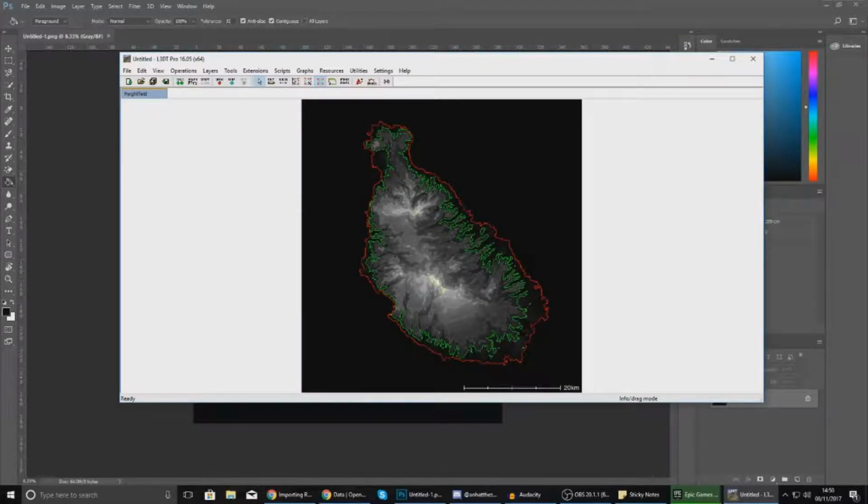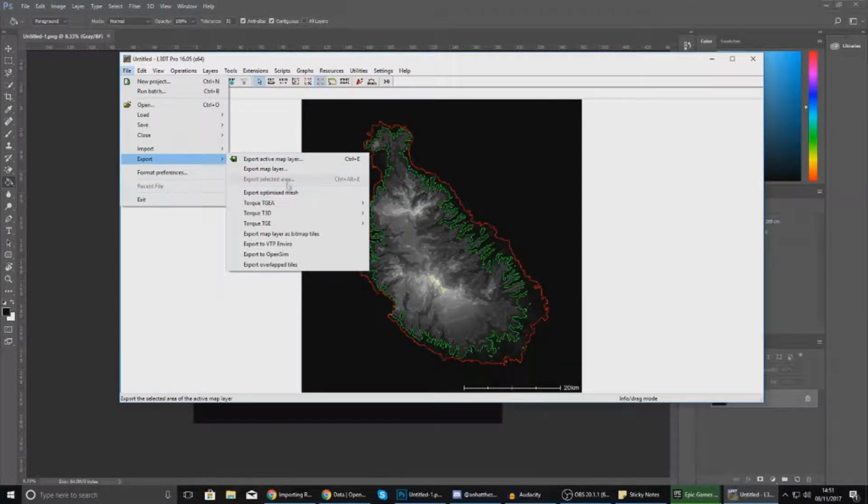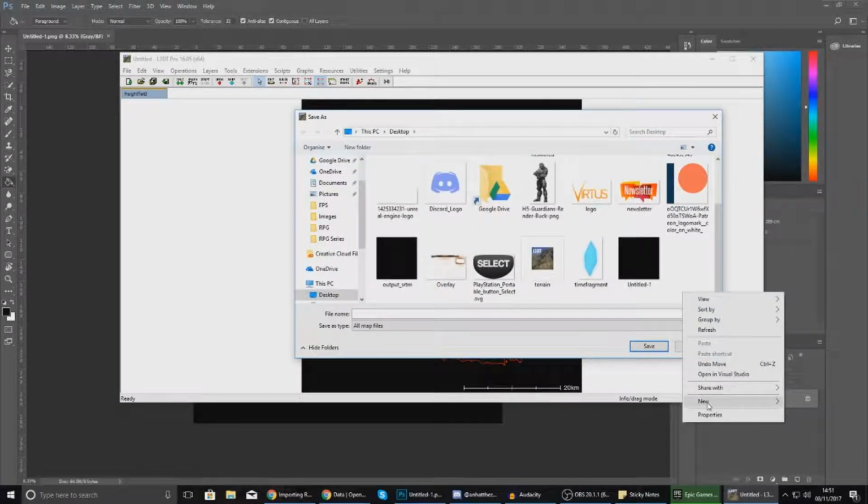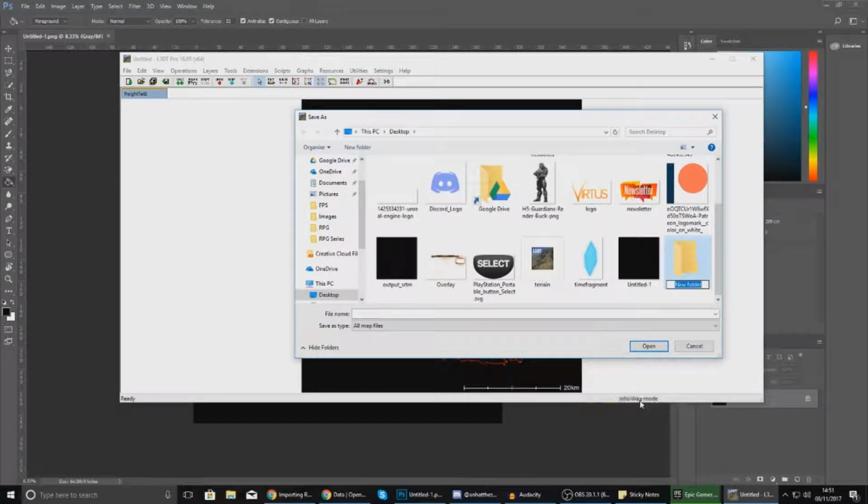Okay, so I've got my merged height map and it is looking good. What we need to do now is export this out in a way that Unreal Engine can understand. I'm going to go to File, Export, and you want to export your overlapped files. Then on your desktop, just create a new folder, as there's going to be quite a few files, and